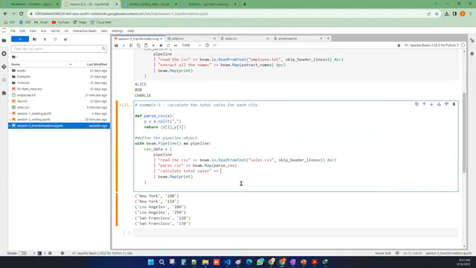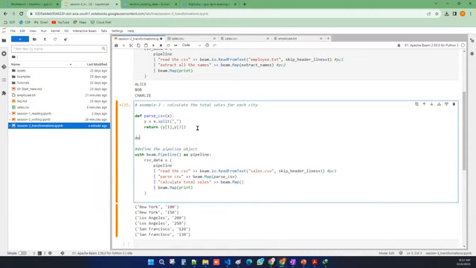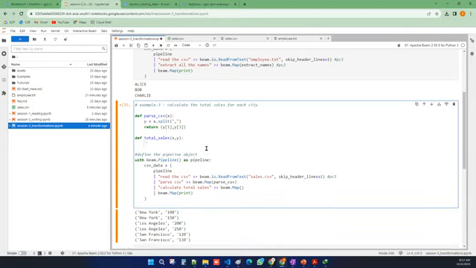Okay. Now the same thing, I wanted to do beam dot map. I wanted to define one function. That function will group the cities and sum the total sales. So that's what I wanted to do. For that, I'm defining one more function here, to calculate the total sales. Total sales, I will mention total sales. To calculate the total sales, because you are having x comma y here. Okay, you are having x comma y here. What you have to do,